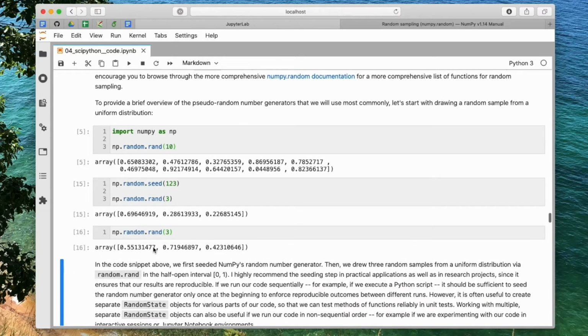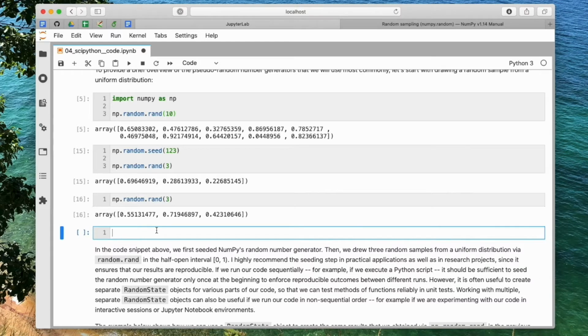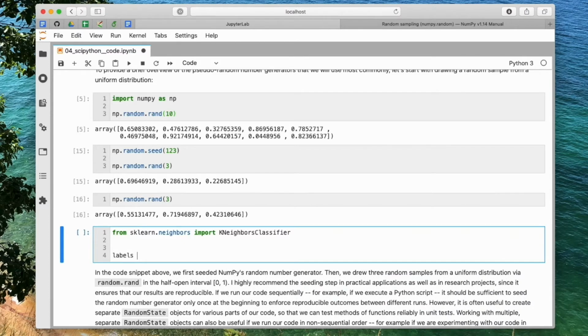Or maybe just to give you an intuitive example here too, let's consider a simple, let's say KNN implementation. So if we have a KNN classifier, neighbors, I think. Yep, in scikit-learn. And let's just say we want to test it for some reason. We want to implement a test. We want to test it on some random data, and we generate labels. Let's say we have 50 examples from class 0